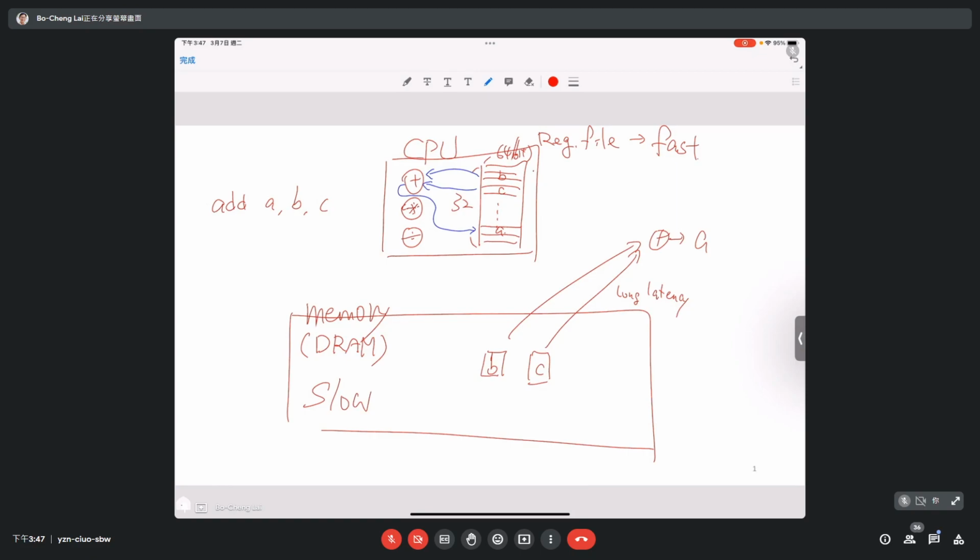So the main difference between register file and the DRAM is register is fast, DRAM is slow. When you put the data into the register, you can run this addition at the speed of CPU. 你可以用 CPU 的速度去计算。那不同处在哪里呢？When you load B and C in the register, when you need to do your next computation,